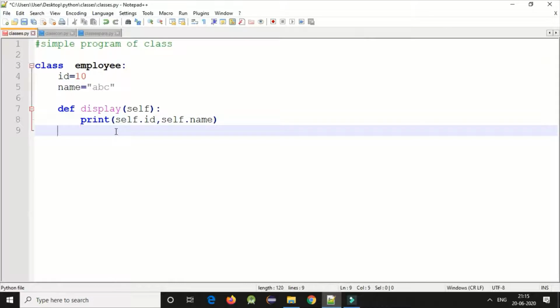Now I will create an object of the class, because I want to call this function or method below. So emp equal to employee.